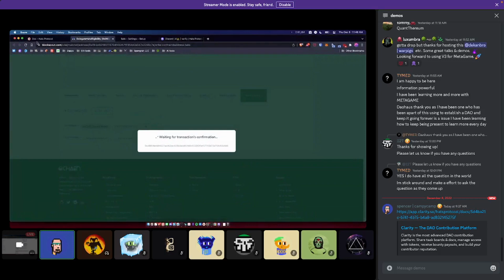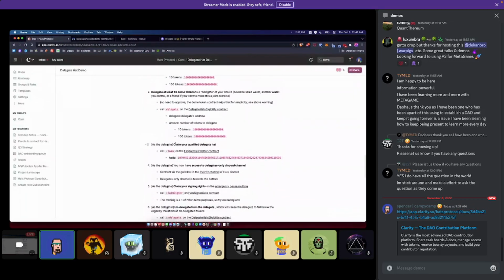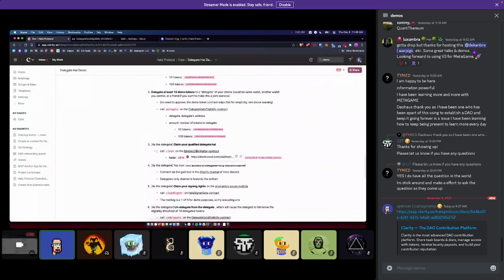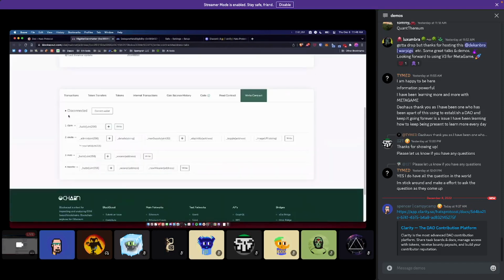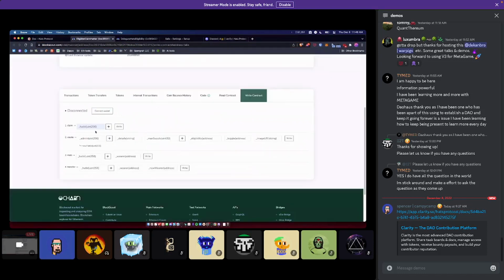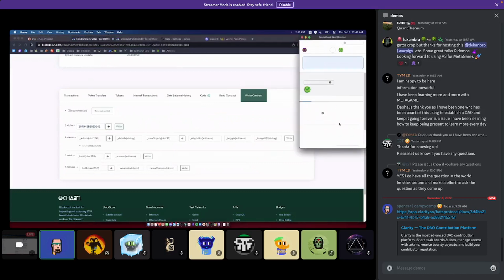And then the next thing that I'm going to do, once that transaction confirms, is switch to my test wallet. As that delegate, I can now claim this hat. This is that Hatter contract, which is serving as the admin and controller of the hat. It allows me, if I'm eligible, to claim this hat permissionlessly. So I just have to add in the hat ID here, and I'm going to claim it. This should work unless there's been an issue with the previous transaction, and no, there wasn't. So this is my test wallet. I'm claiming the hat.